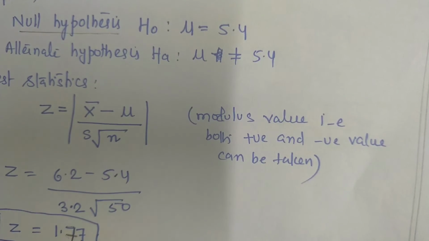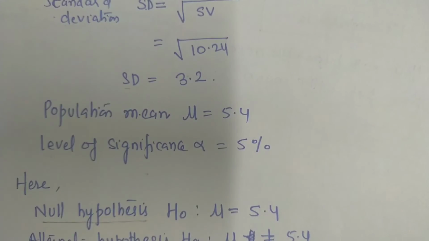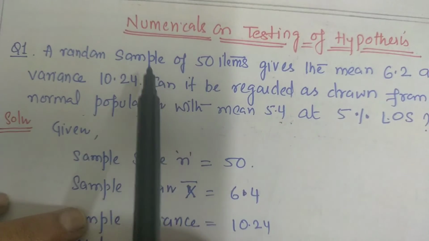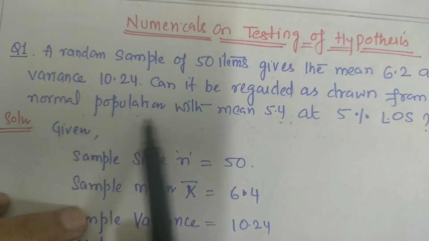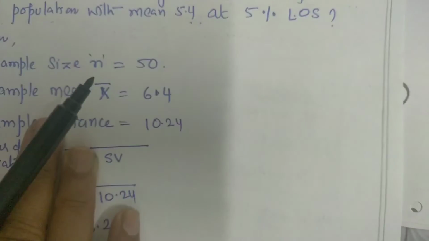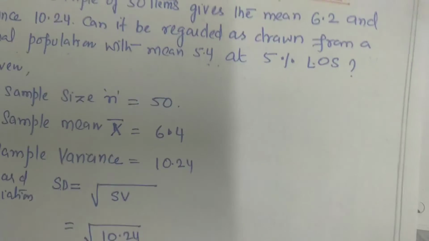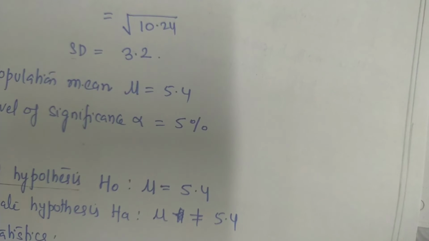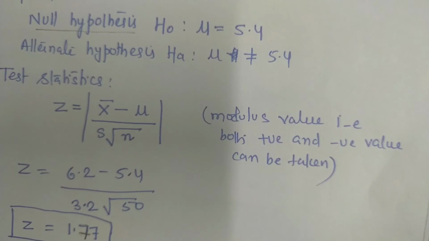If I tell you in very simple statement-wise terms, what they want to prove is that the sample is the same as the population. The sample is taken from the same population only, that is the null hypothesis that we want to prove. The alternative will be, if we are not able to prove it, then we can say the sample is not taken from the population.